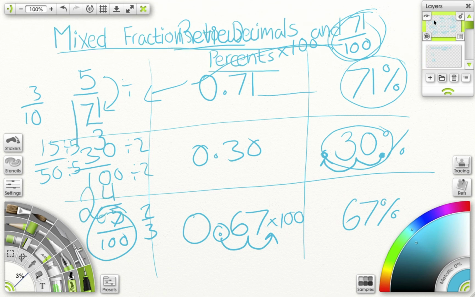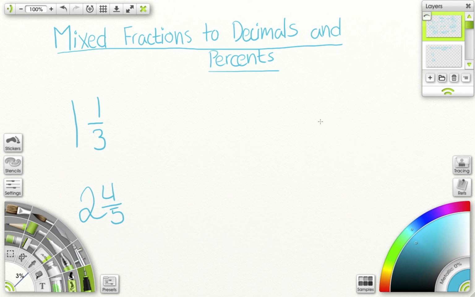Today we're going into our mixed numbers. If we're going to take a mixed number and turn that into a decimal and turn that into a percent, it's a very similar process. I find the easiest way to do it is to take your whole number. Well, there are 2 ways you can do it. You can either turn this mixed fraction into an improper fraction, then divide the top by the bottom. That creates your decimal, and then turn that into a percent. Or